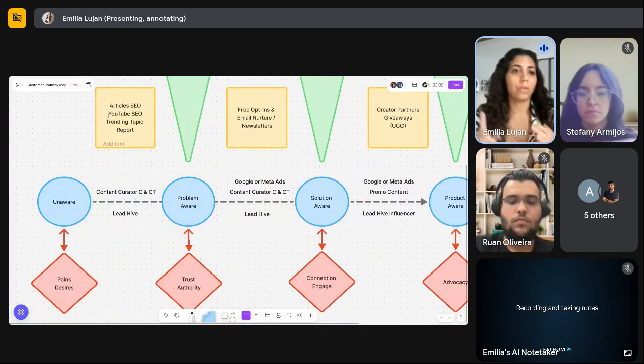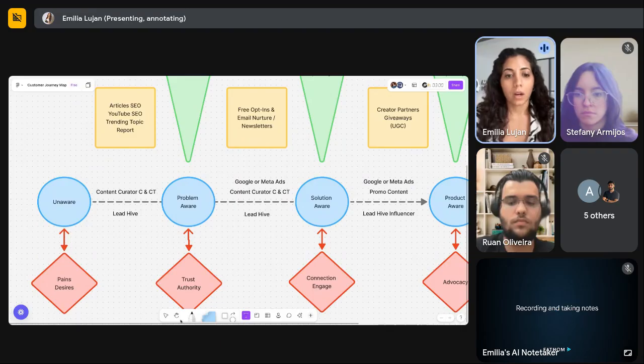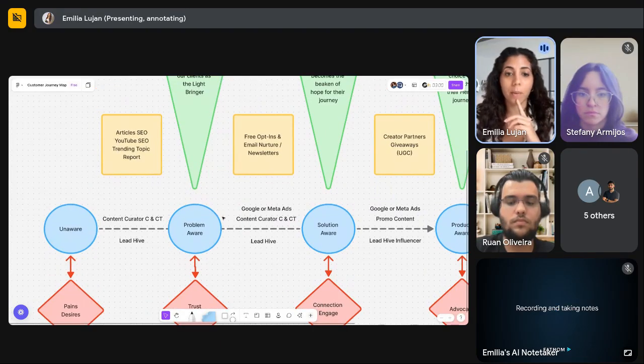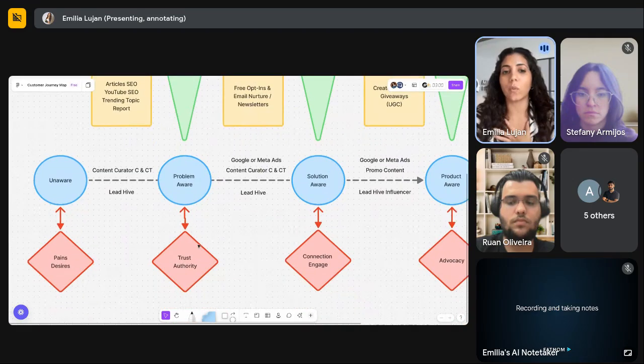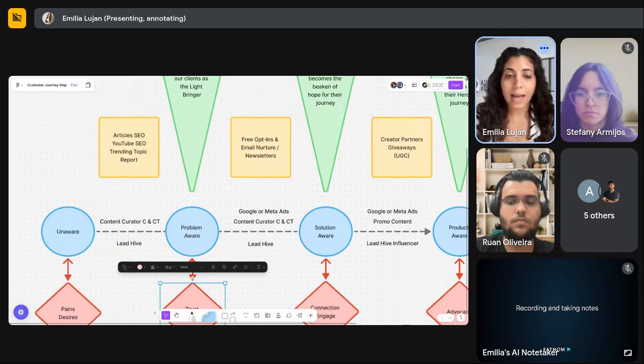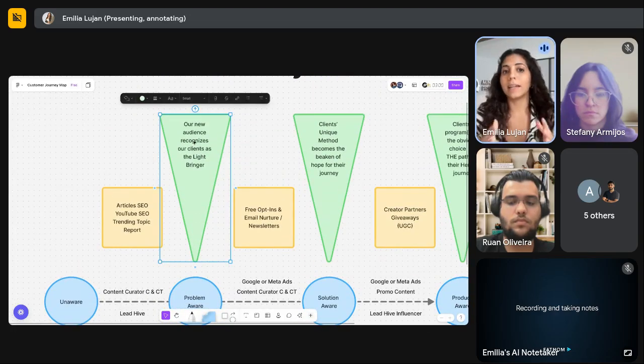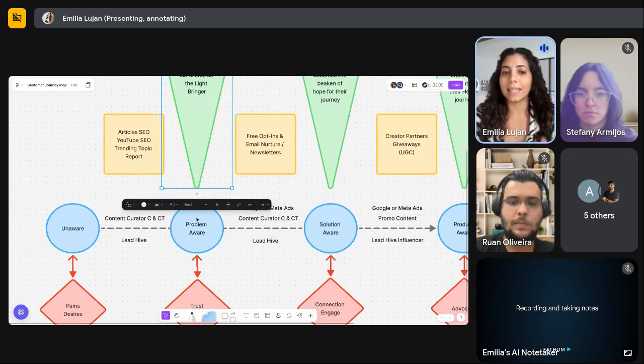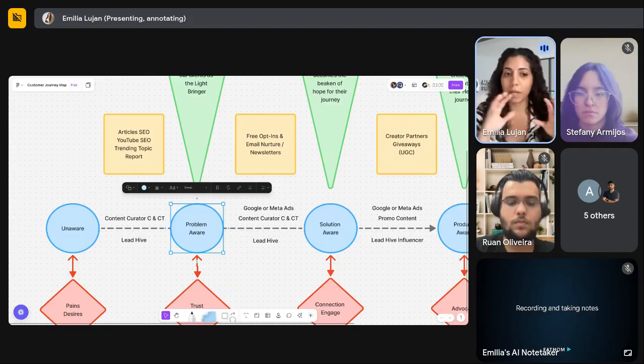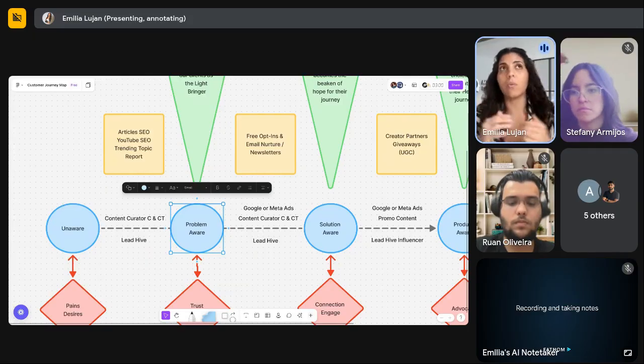So there could be YouTube videos, SEO articles, LinkedIn, whatever other type of content that brings somebody from unaware to problem aware. And from there, we want to make sure that when they're in the problem aware stage, this is the stage where we need to start building trust and authority, because at this stage, our client needs to be recognized in the lead's eyes. When they go from unaware to problem aware, they're like, oh, well,